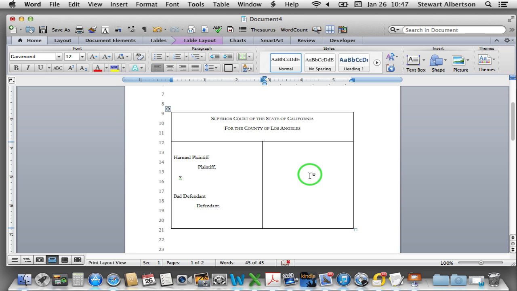Come over here, a hard return. Now we're lined up or close to it. Here we're going to put the case number in, and then you're going to have your case number, whatever that is, and then complaint for damages and demand for jury trial. Okay, now this obviously is going to be single spaced. The one thing I want to do is see if this right here, yeah, it is the same length. We just select this,